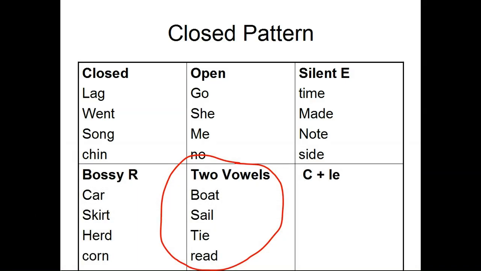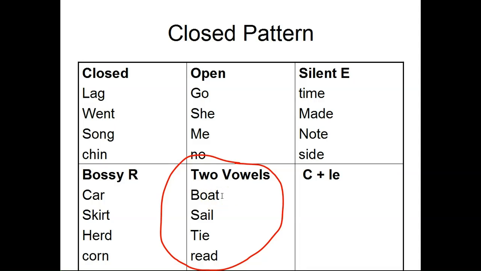And we do that by trying to get the child to notice what's happening. And we do this through asking some questions. So one of the questions you might ask is, how many vowels are in this pattern? And they'll notice that there are two. That's great because it's called the two vowel pattern. So that makes it pretty easy for us to remember that the two vowel pattern is going to have two